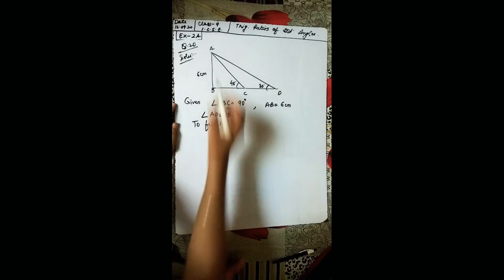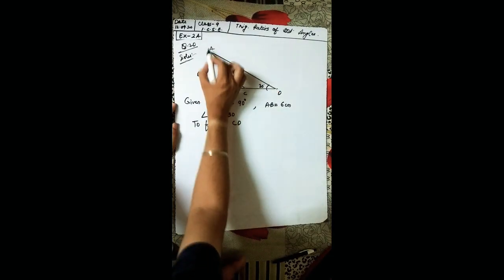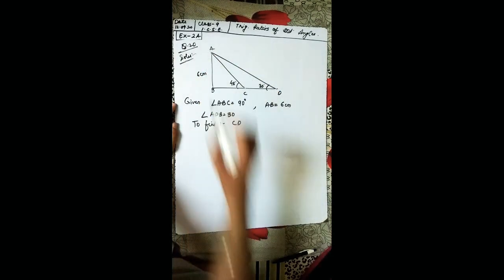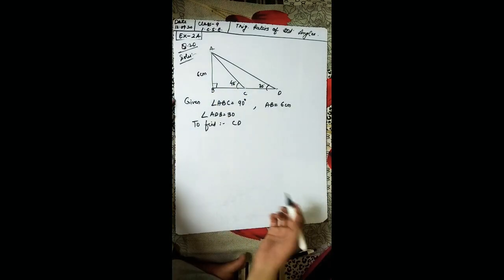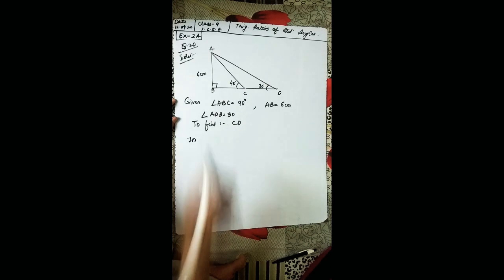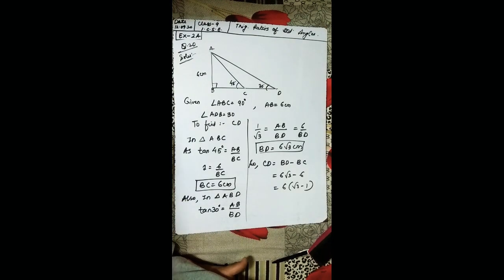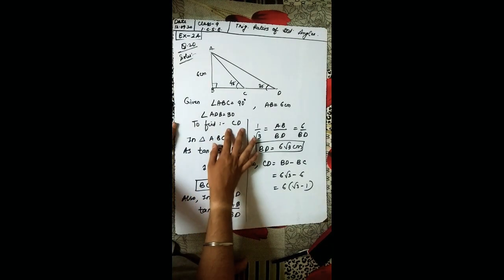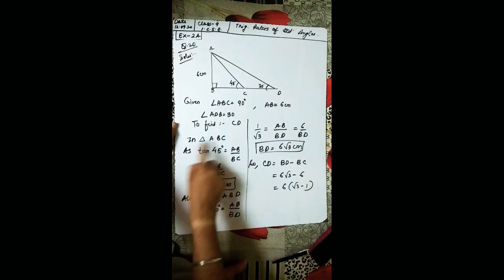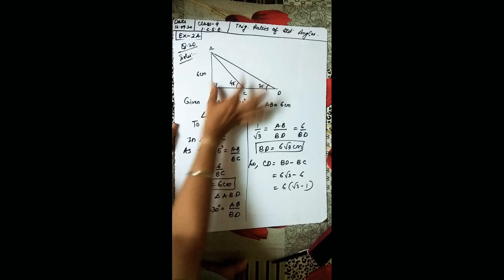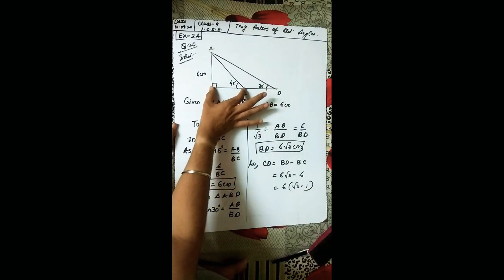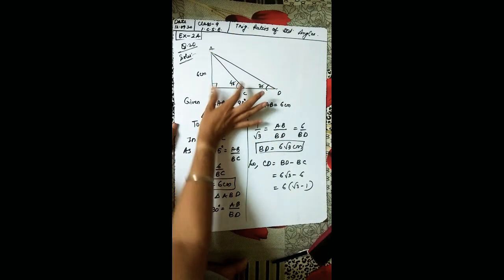So it is very easy, because this is one right angled triangle and this small one is also a right angled triangle. Okay, so let us first take triangle ABC to find CD. You have theta, you have perpendicular, you want base. So perpendicular upon base, what formula do we use? Tan theta. And theta is 45.